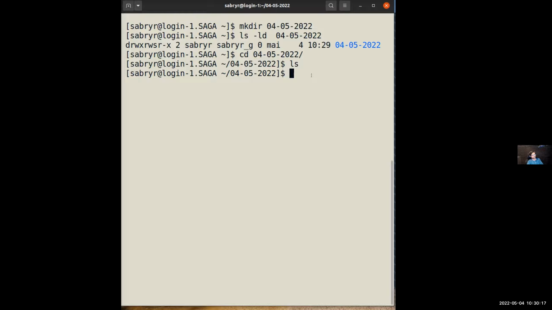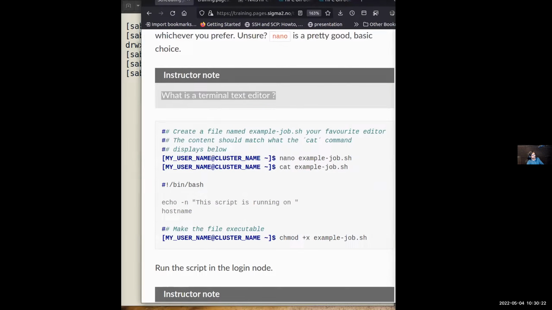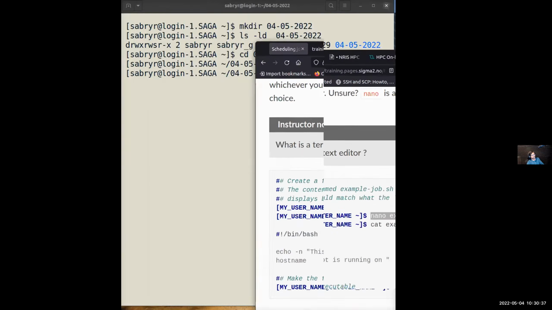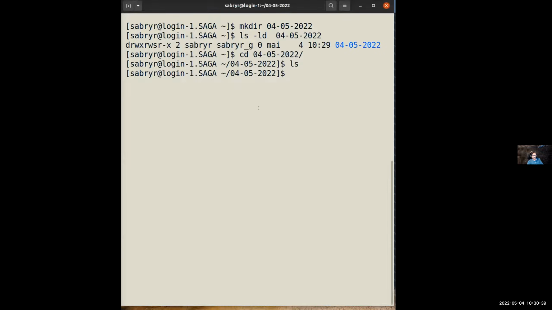Then I'm going to create a file. The teaching material, if you see, starts with nano, but to show what's been typed in the file, we use the command cat to display it. So this means I use the editor nano to open this file and include this content. So let's do it and see. ls, as Nikolai reminded us yesterday, it's very important to see what's already there before we dive into details.